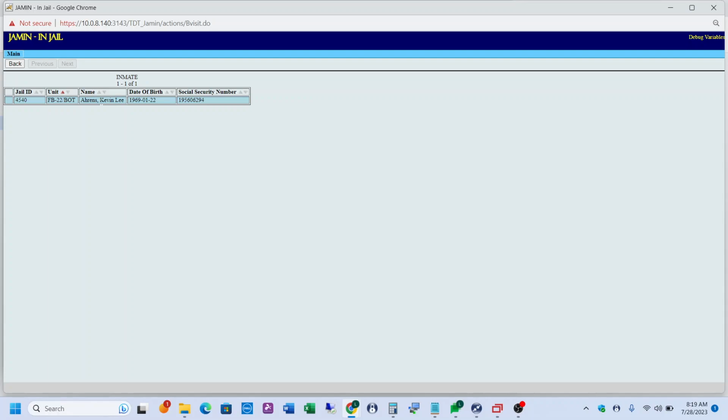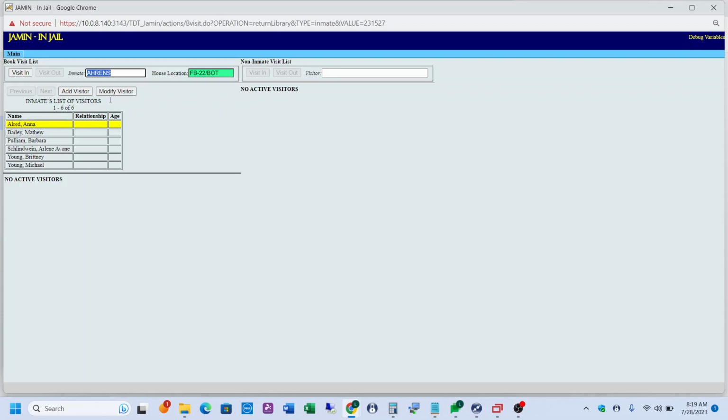Select your inmate from the list of names that appears. You can click anywhere on their name or date of birth, anywhere in that blue line. When you do that, it brings their list of available visitors forward. You can highlight the name that you want to log and click the Visit In button at the top of